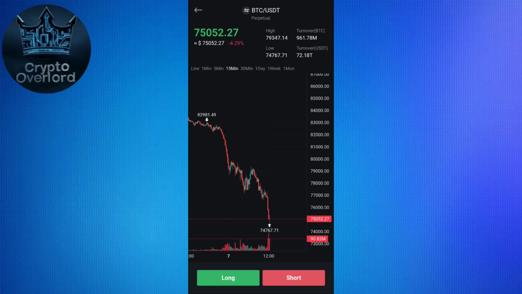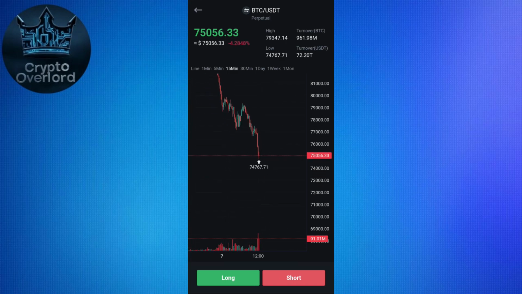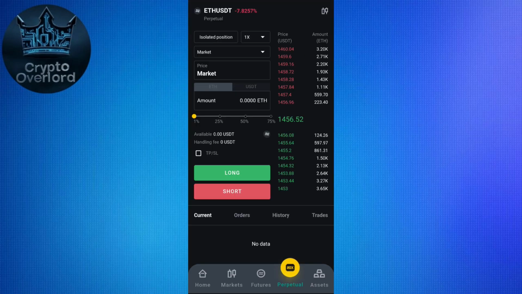Afterwards, if you see that the market will go down, you will have to press the short button in the bottom right hand corner and your short order will be placed. If you see that the market will go up, you will have to simply press the long option and then your order will be placed. All of your placed orders you will be able to see in this orders section,